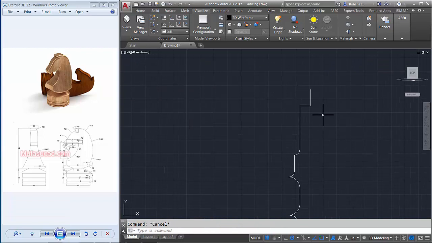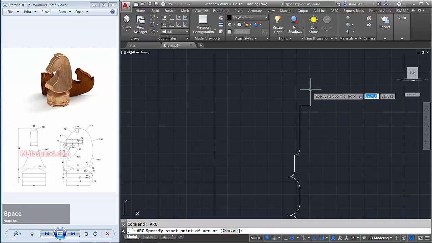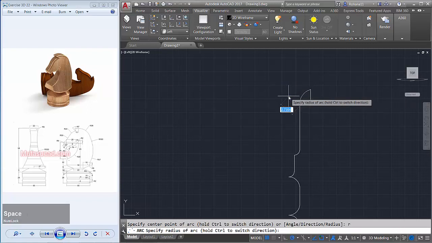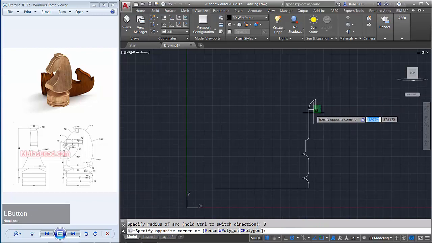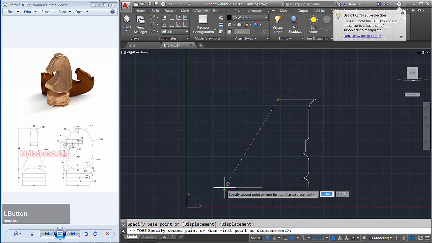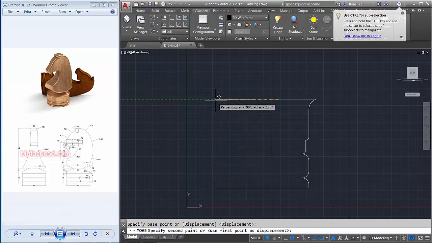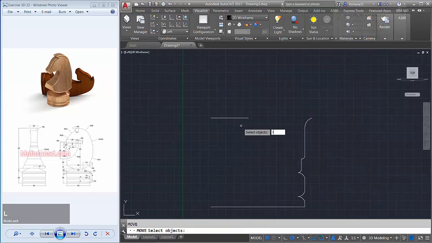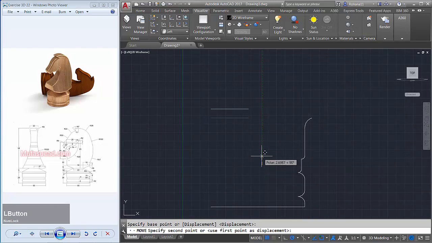Okay, I will create an arc from this point to end point at this point with a radius about 3. Okay, and then I will select these two line, delete. We create line from this point to the left here about 11. Move this object from this point into this point, and move again the last object to the top about 9,